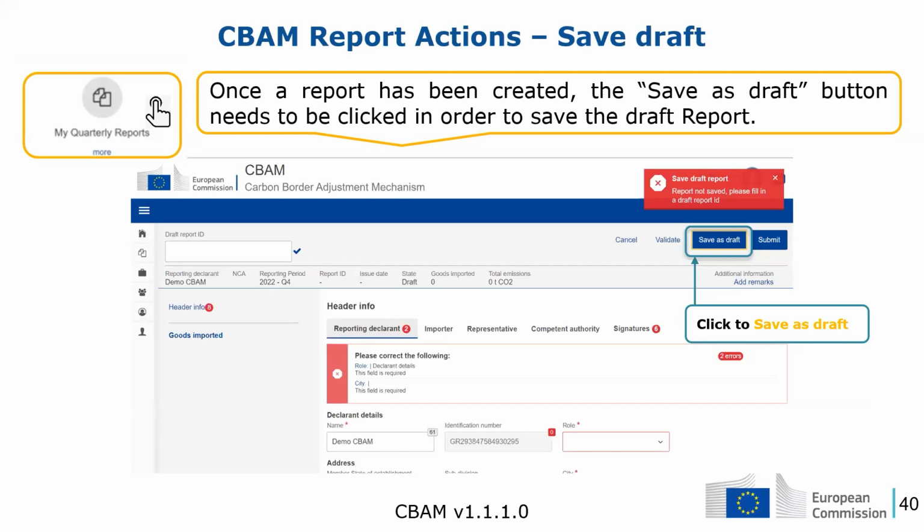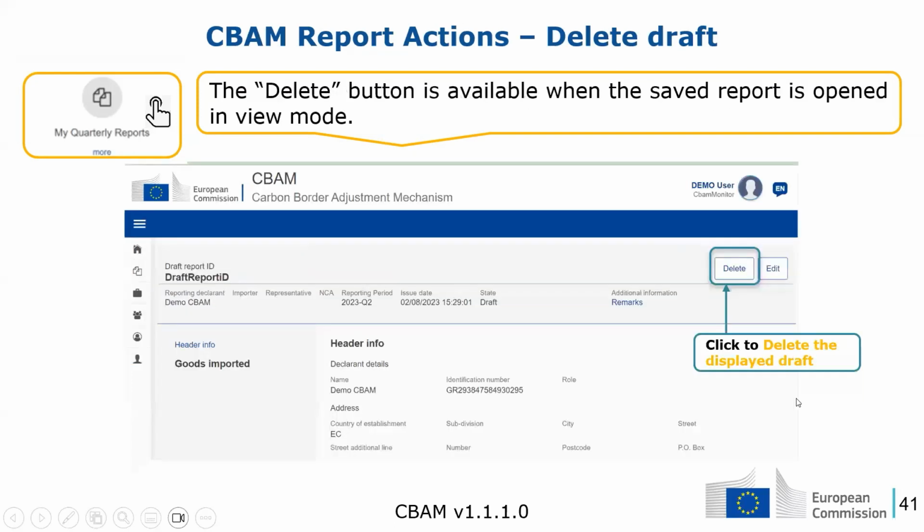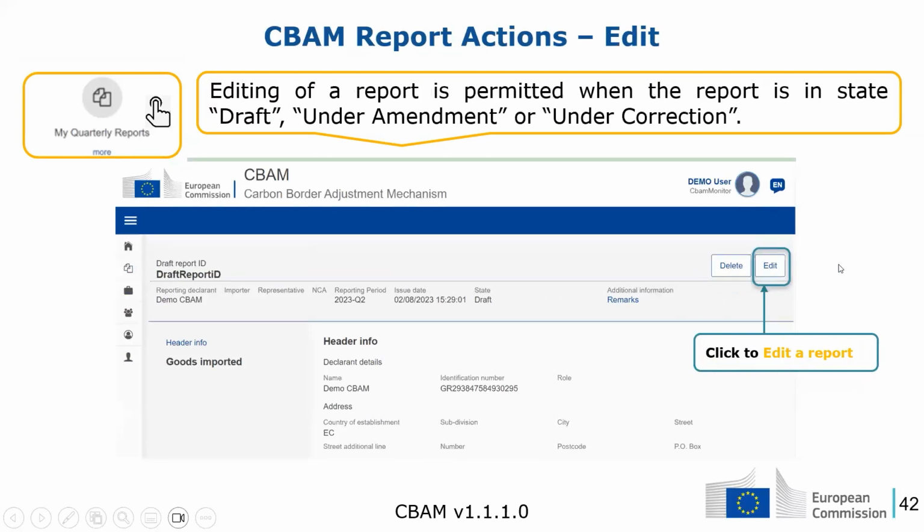As we said before, once you enter one good entry, you need to save this entry as well in order for it to be saved inside the report. So here we have the Save as Draft and the Submit button. We can always delete the displayed draft if we want to create a new one or upload an XML, and we can edit it as well.